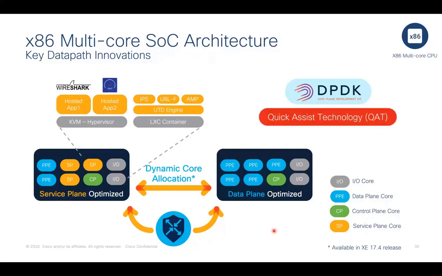The quick access technology is enabled on the multi-core SoC architecture, which allows us to have security and compression acceleration possible, where all the crypto output is taken to a new level of 18 Gbps crypto throughput for 1400 byte performance. So you can imagine that these systems are purposely built for improved performance, both in the aggregation as well as the branch side portfolio, with 8300 in branch and 8500 in aggregation.